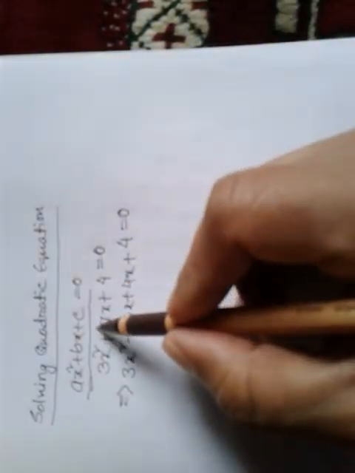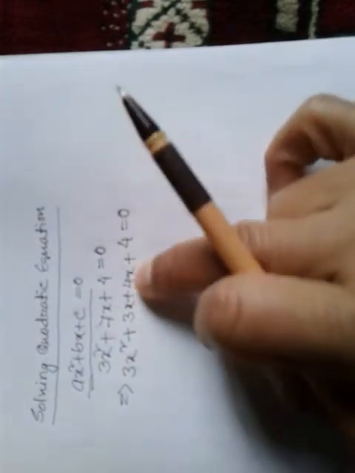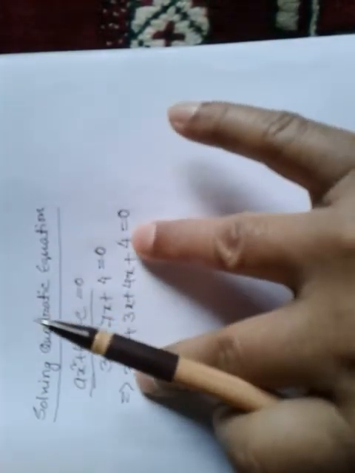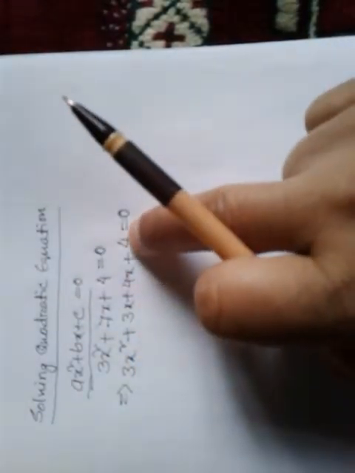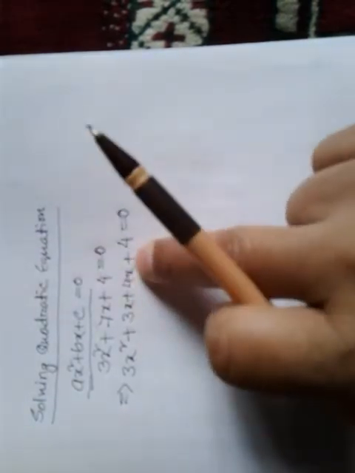That is, the middle term 7x, we break it into these two terms, 3x and 4x, so that their product is the product of these two corner terms, first term and final term. If we multiply 3x square and 4, we will have 12x square, and if we multiply 3x and 4x, we will have 12x square. This type of procedure we used to call middle term breaking,